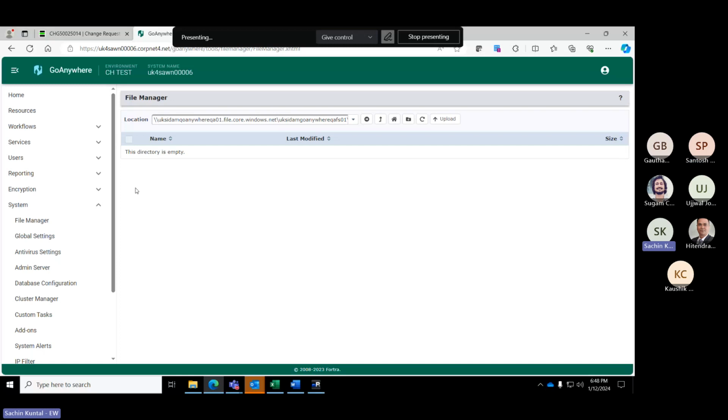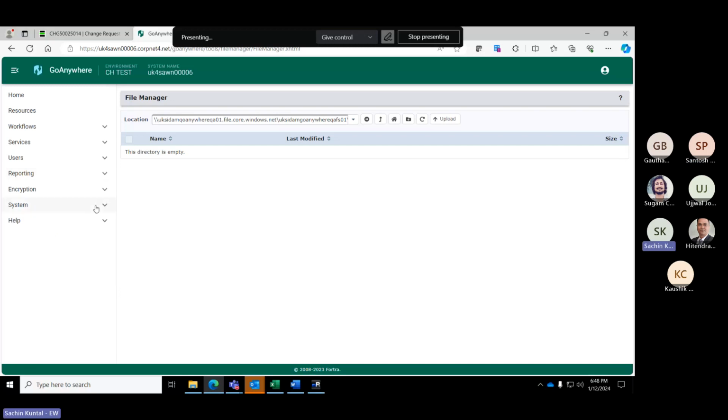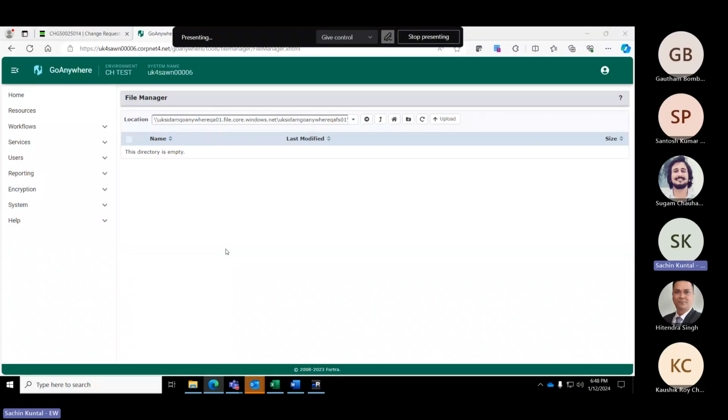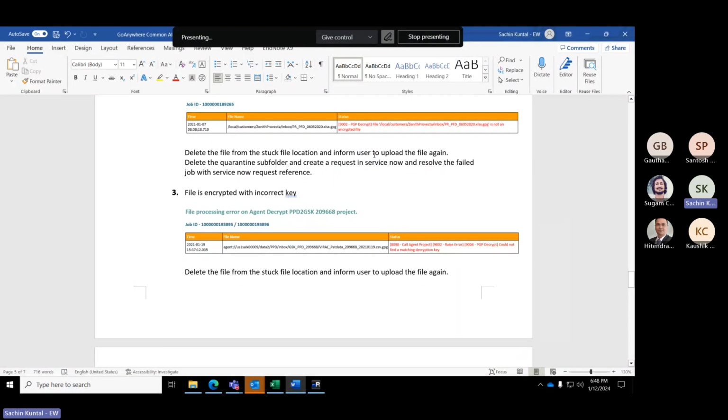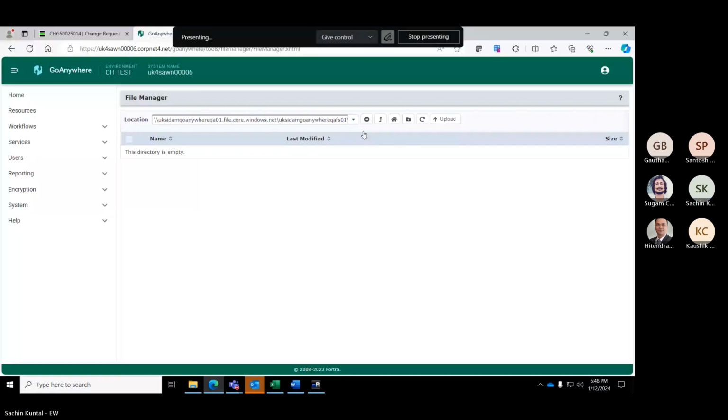However, if the file is not visible over here, but it is stuck in either workspace or quarantine, and the file size is 0 or something like that, in that case we reach out to the point of contact asking them to delete it and informing them to re-upload it. Let me also show you those folders, workspace and quarantine, that I'm referring to.